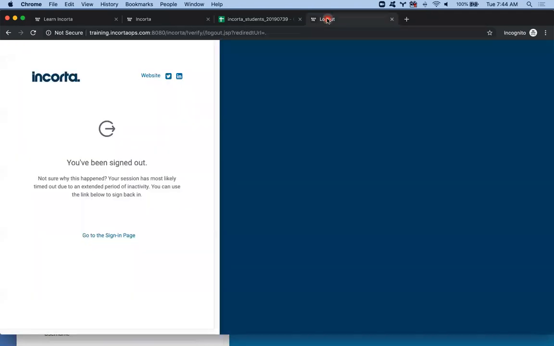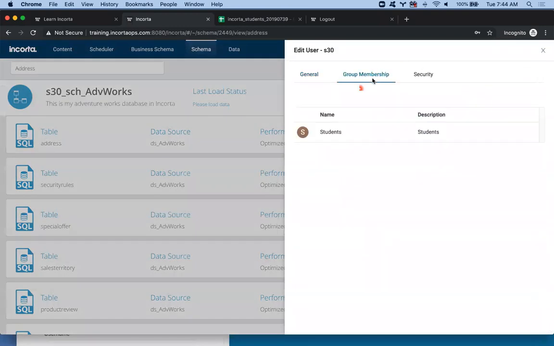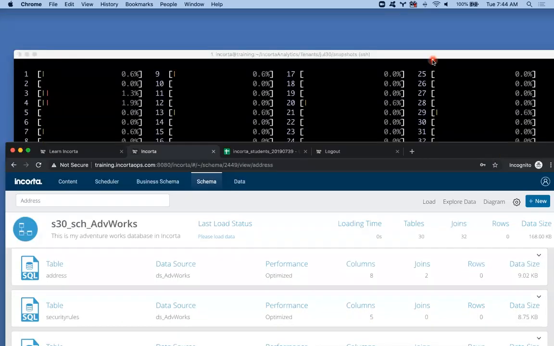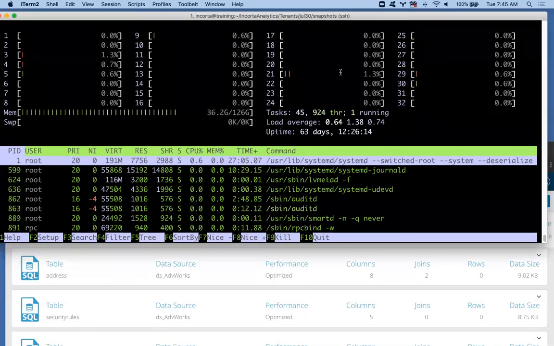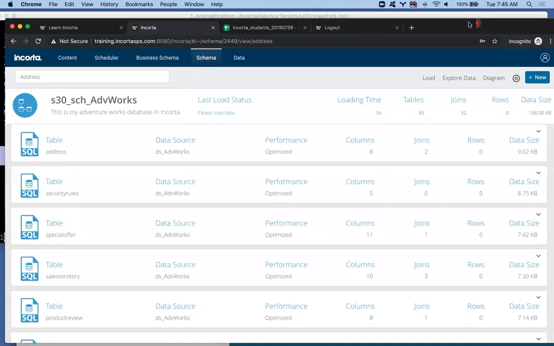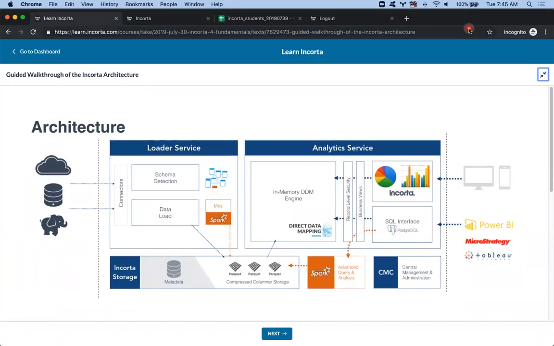Just if you weren't able to load the data, it's okay. One of the things you want to make sure, the first thing, as we said before, is that you're part of the student group. We want to confirm that. Okay, and it's fine if you're not able to load the data. Not everyone's going to be able to. So